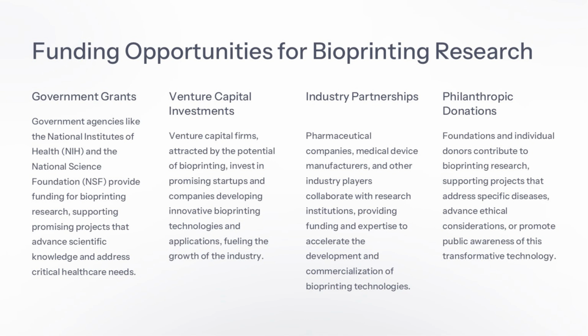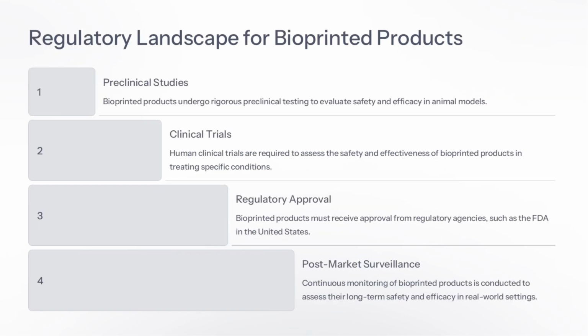Foundations and individual donors contribute to bioprinting research, supporting projects that address specific diseases, advance ethical considerations, or promote public awareness of this transformative technology. Bioprinted products must go through rigorous preclinical testing in animal models to evaluate safety and efficacy before moving to human clinical trials. Clinical trials are required to assess the safety and effectiveness of bioprinted products in treating specific medical conditions